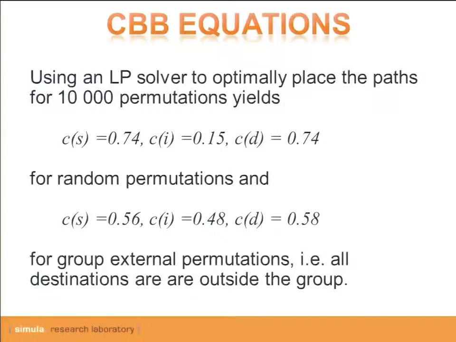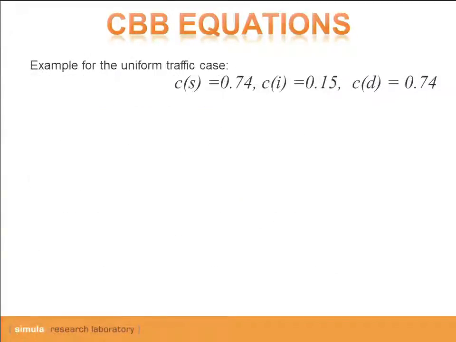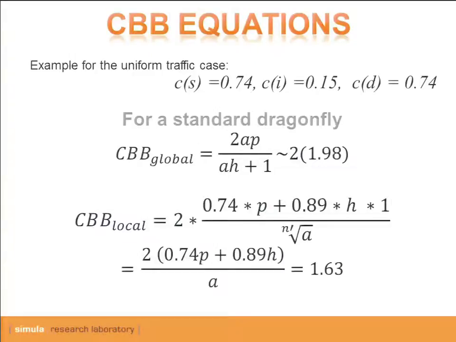The thing to note here is that the sum of these is always less than 2. So there's no flow that has to do non-minimal routing in all 3 groups, which is what we suggested as the worst case earlier, with all these values equal to 1. If we plug these numbers into the equation, we get the global blocking rate is still 2, unaltered, but the actual contention you get in the local group is reduced to 1.6,